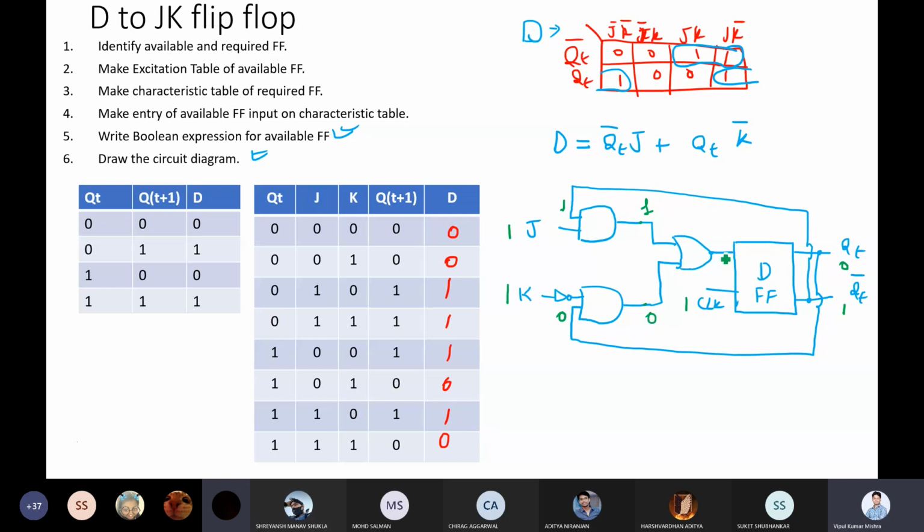What about here? 1. Now once clock is 1, D input is 1, what will be the QT value? 1. So it will modify to 1 and this will modify to 0.